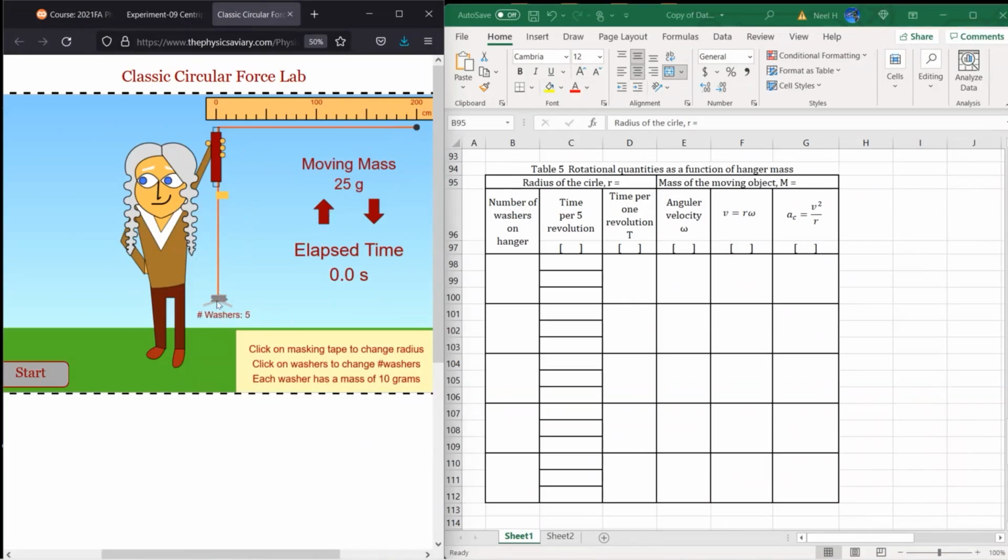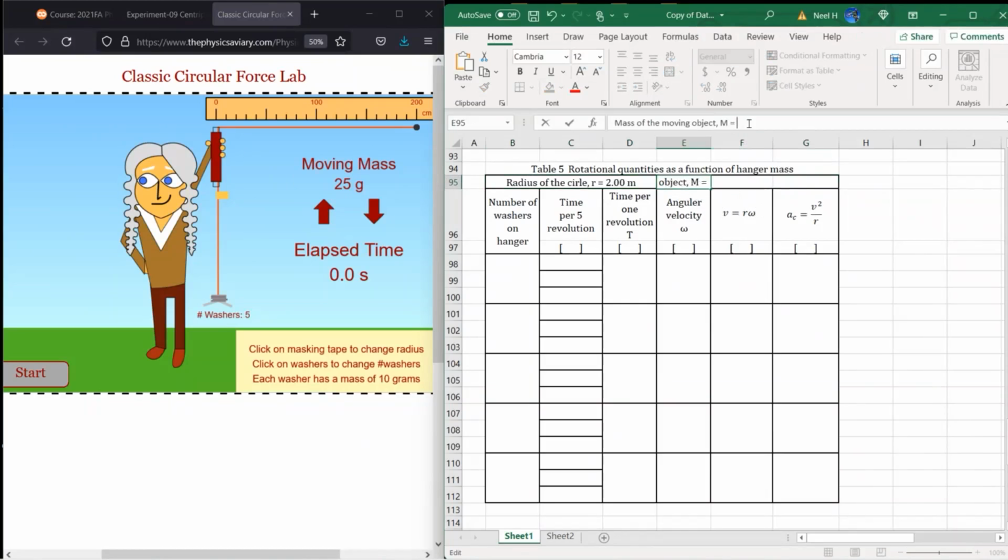And then washers, I'm starting from 5. That's the smallest possible value. Then you click twice at a time to collect the data set, okay. So the radius will keep at 2.00 meters. Mass of the moving object I'm keeping at